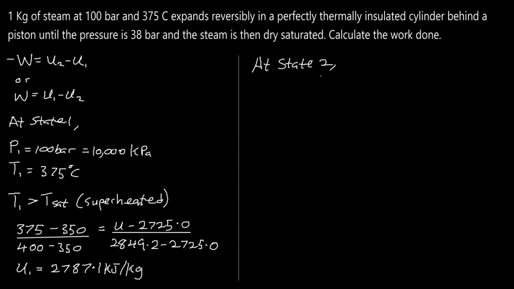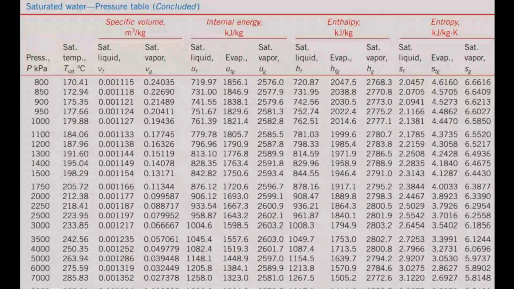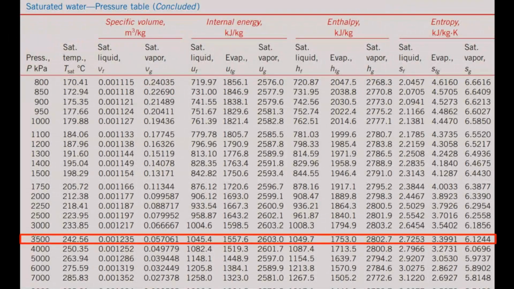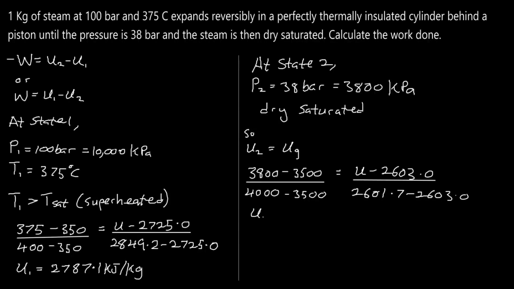At the second state, the steam is at 38 bar or 3,800 kilopascals, and it is dry saturated. So its specific internal energy will be equal to Ug at this state. To find Ug at 3,800 kilopascals from our steam tables, we interpolate between 3,500 and 4,000 kilopascals. Doing this, we obtain our specific internal energy, U2, as